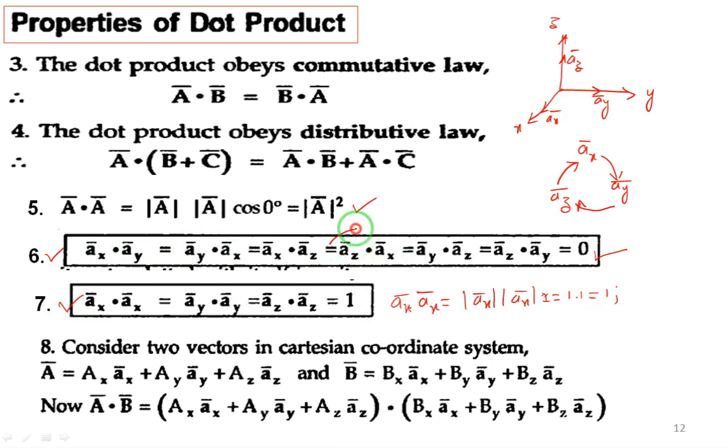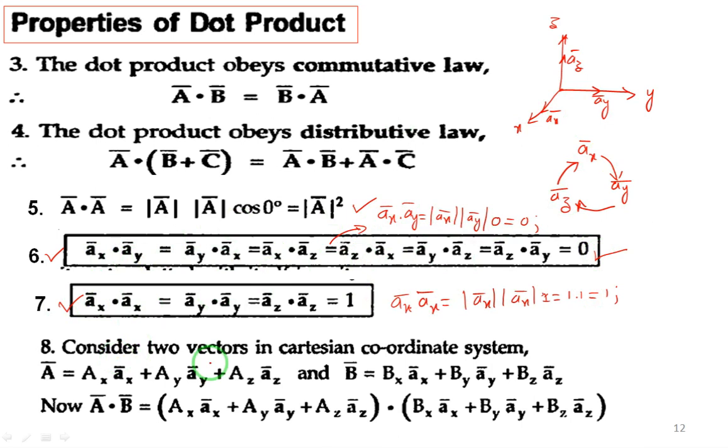Is it fine? Similarly for property 6, I will show only for one vector, ax dot ay. Make use of the dot product: magnitude of ax vector, magnitude of the second vector, ay vector, and cos of the angle, cos 90, is 0. So finally it will be 0. Is it fine? You can calculate it, or else you can say directly that the dot product of dissimilar vectors is 0, and the dot product of similar vectors is 1. You can remember the statement, or you can use the dot product and get it.